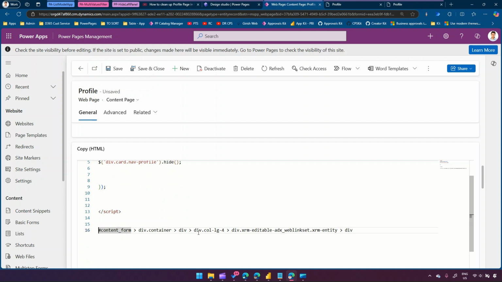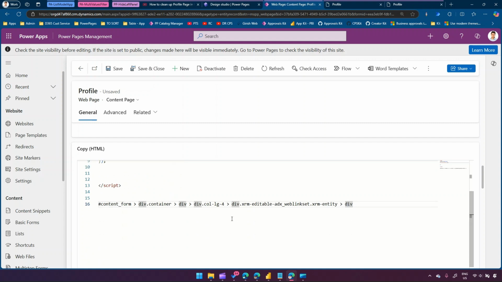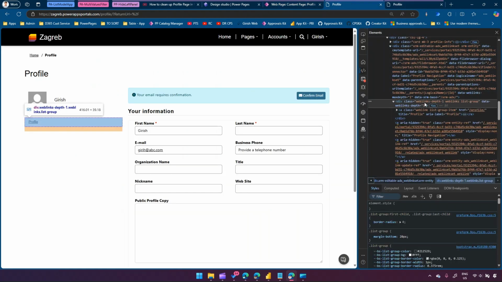so let me go over here. So let me take this off. I think we have just copied something wrong over here. So just go over here, it's a web links depth one web links list group. Okay, so